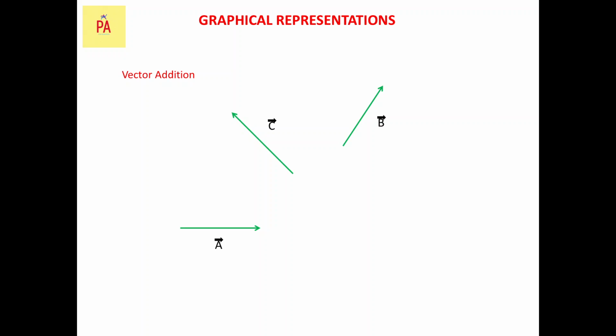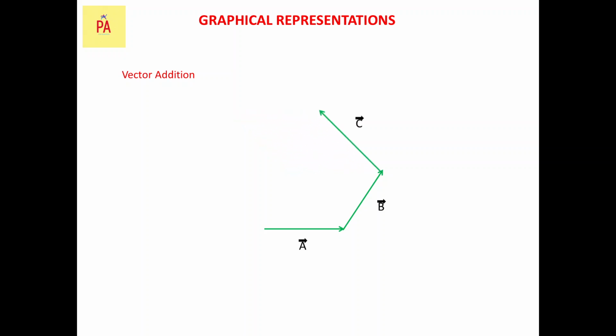Now suppose there are vectors, say A, B, and C. If these vectors are lying in this way, how can you find the resultant of these vectors? Let us arrange them. We have arranged A in this way, we have arranged B, and we have taken C and attached it. What we find is that the head of one vector is connected with the tail of the other vector. The head of vector A is arranged with the tail of vector B without changing the direction of these vectors.